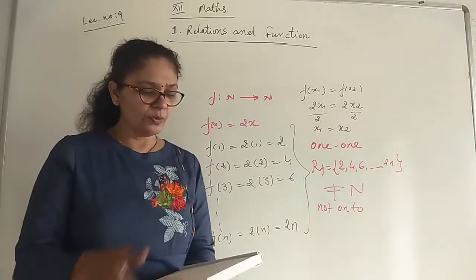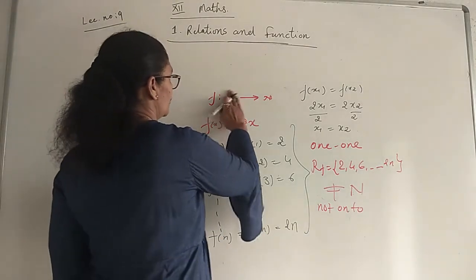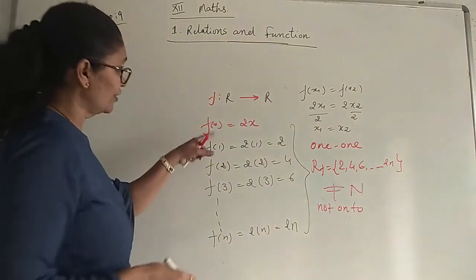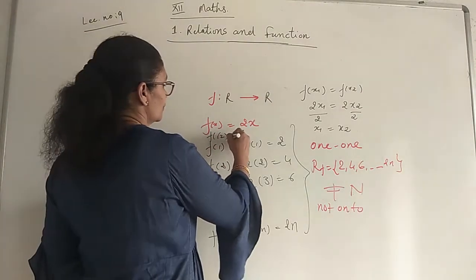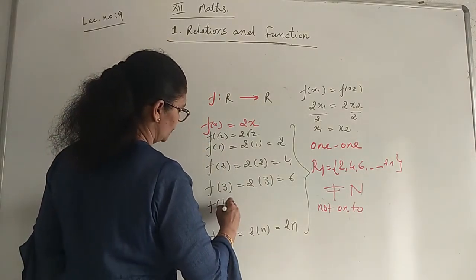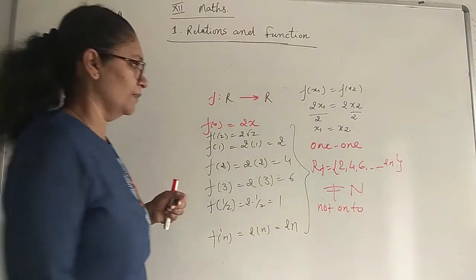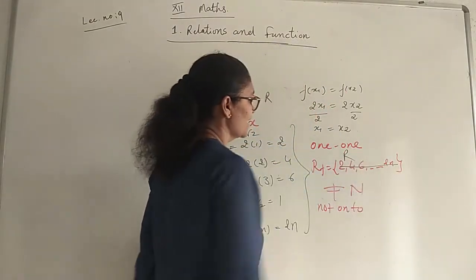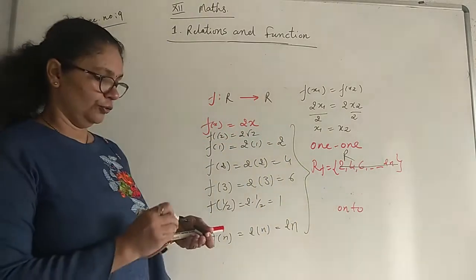Now another question is given the same, but instead of N to N, R is given. So let's check the change. Naturally all real numbers are given, so we can take real numbers like root 2 also. So 2 root 2. Same way, f of half also. Half means 2 into half means 1 also. That way you get all the numbers, so here you get all the real numbers as the range.